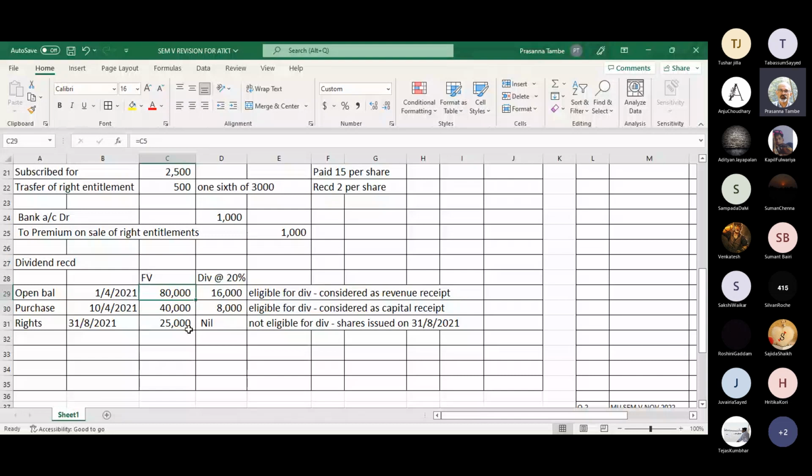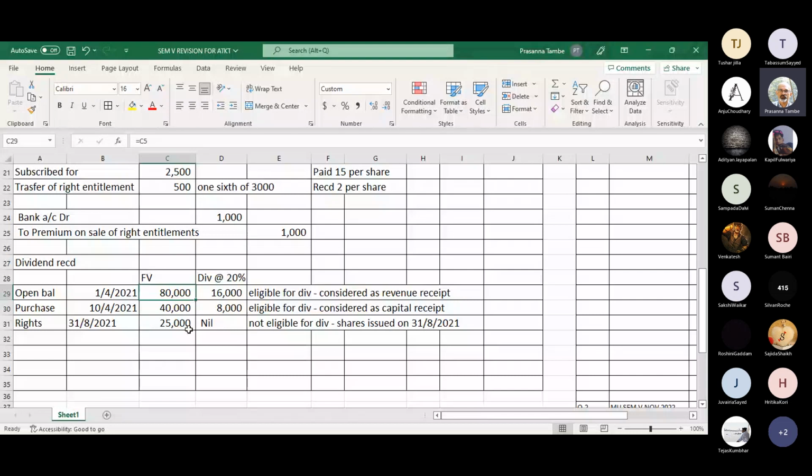Now, since he has purchased the shares on 10th April and the dividend is paid on 30th September, he becomes eligible for this dividend also. So he is due to get dividend of 8,000 rupees. But the only difference here is this will be considered as a capital receipt. Now, why capital receipt? He became owner of the shares on 10th April 2021, whereas the dividend is paid for the year ended on 31st March 2021. So this is known as a pre-acquisition dividend. And pre-acquisition dividend, when he was not the owner, will actually reduce the cost of your investment